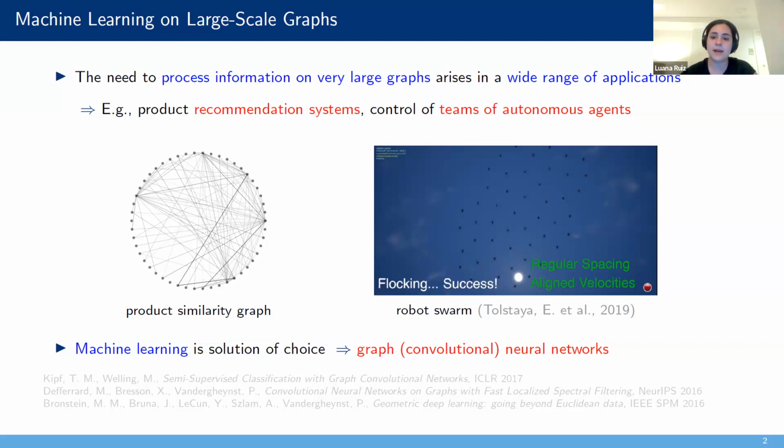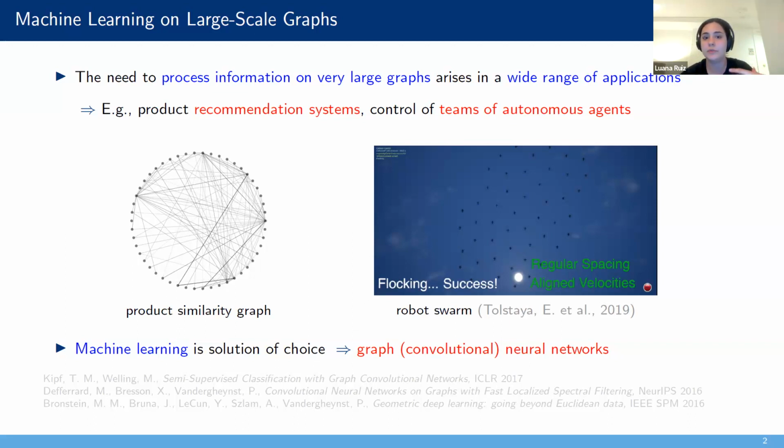Both of these examples are problems where machine learning is the solution of choice and has been shown to obtain good solutions. And the way in which we typically do machine learning on large-scale graphs is by using graph convolutional neural networks, which are known to scale well to the large graph setting in the sense that their number of parameters doesn't depend on the graph size. Now, these GNNs,